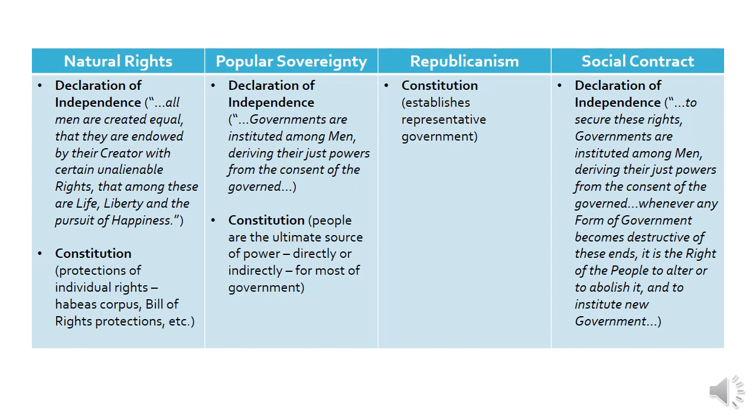How about popular sovereignty? In the Declaration of Independence, they talk about governments being instituted among men, deriving their just powers from the consent of the governed. So there, again, we have a very direct reference to that idea that the people are the source of the power. In the Constitution, simply the idea that people are the ultimate source of the power. Some of our representatives in government are directly elected by us. Some of them are indirectly selected, but ultimately, for just about everybody in the government, they are at least indirectly